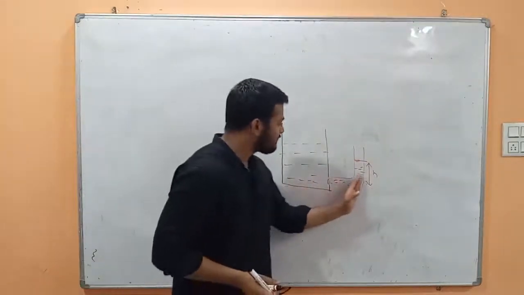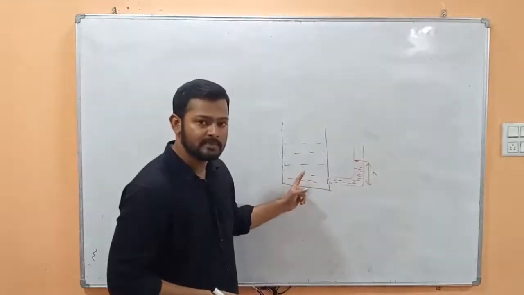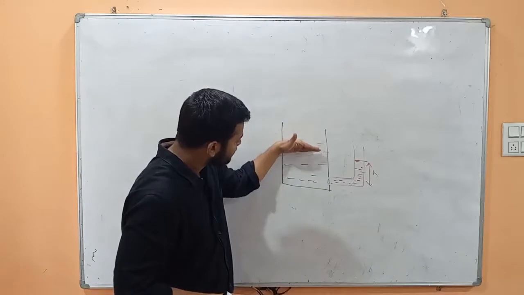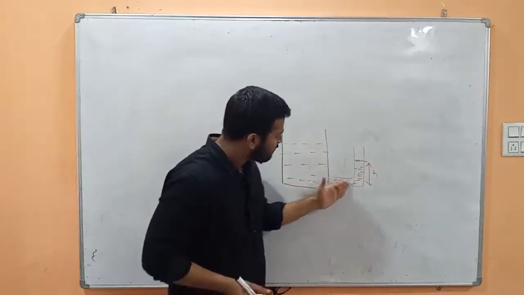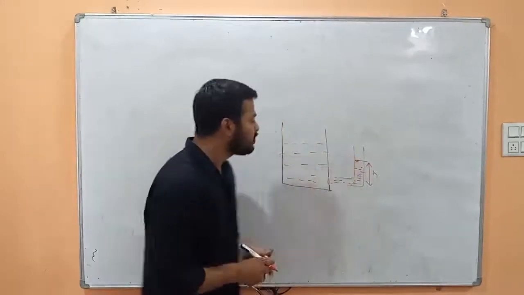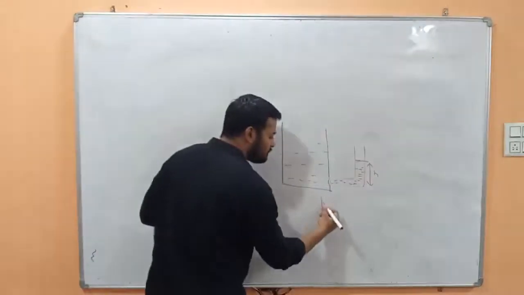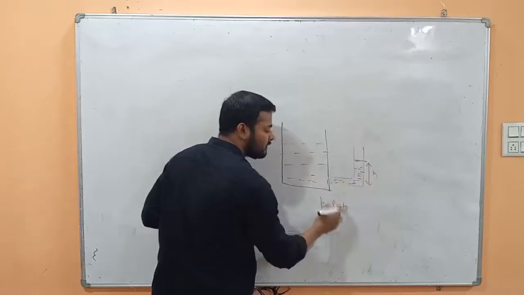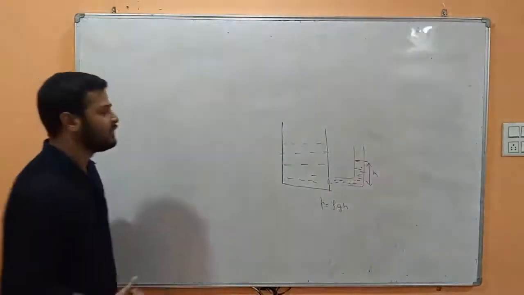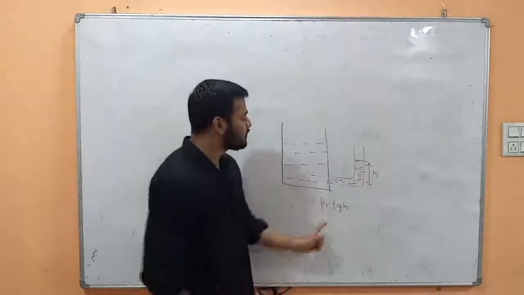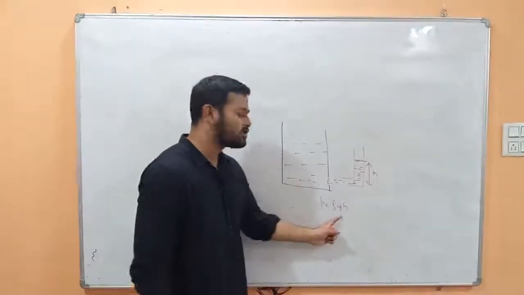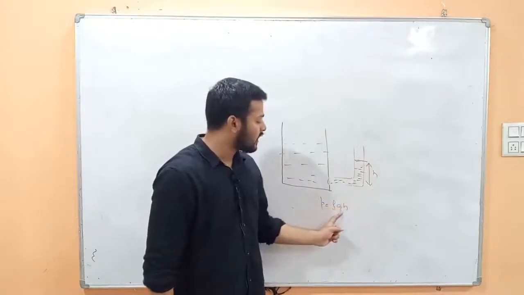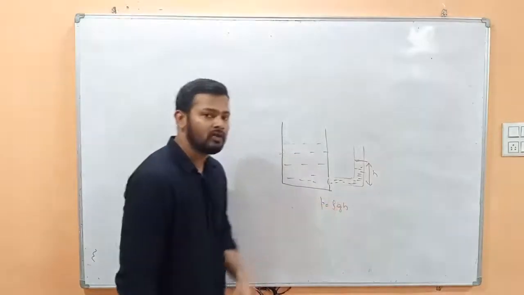So this L-shaped glass tube which is connected to the tank is called a piezometer. Because of this pressure, the liquid will enter the glass tube and rise in it. And we know the formula of pressure. What is the formula of pressure? It's rho g h. So how much height of water we get, that will be the value of pressure. Let's say in this tank you have water, so density of water will be 1000, small g will be 9.81, and let's say you got a height of 2 meters. So 1000 into 9.81 into 2, you will get the value of pressure.